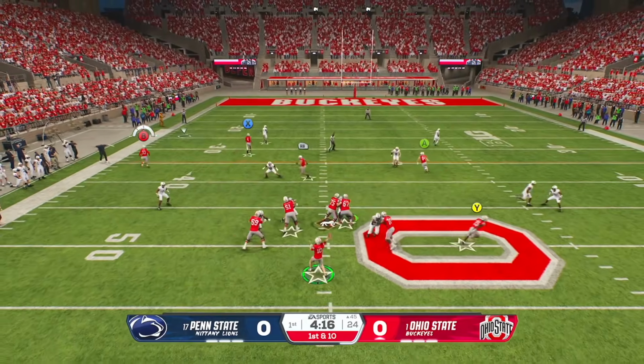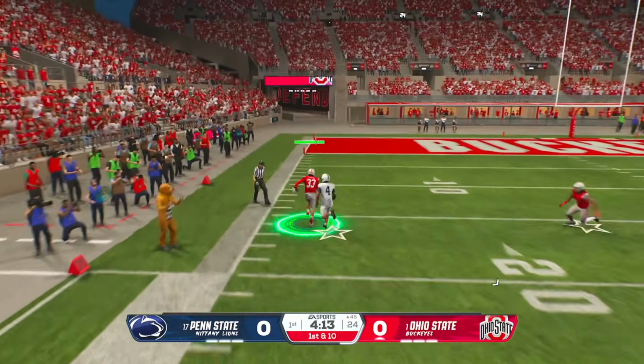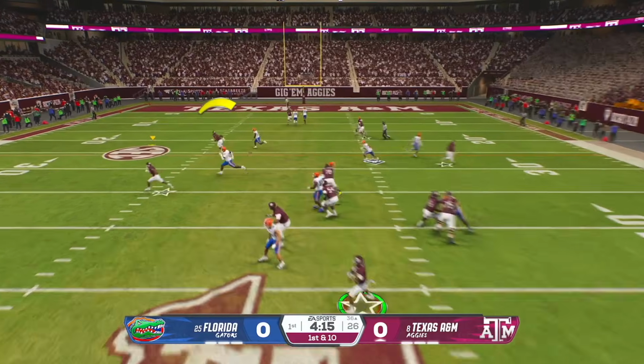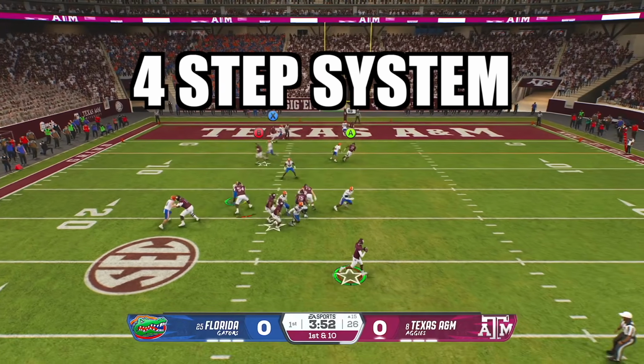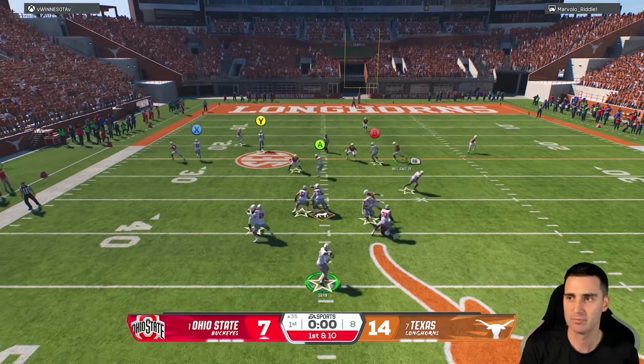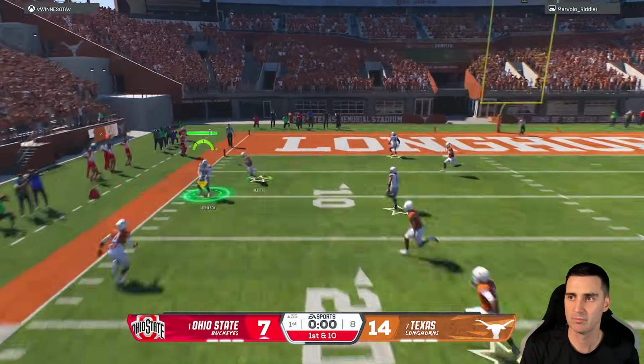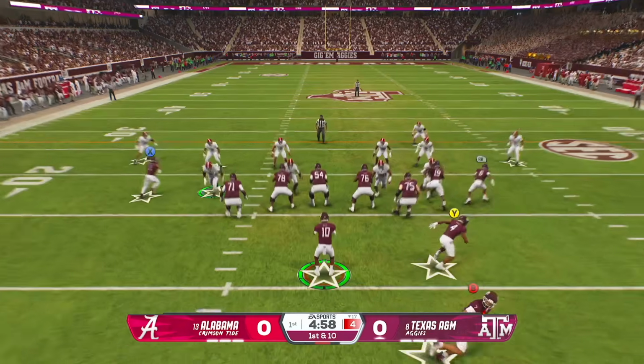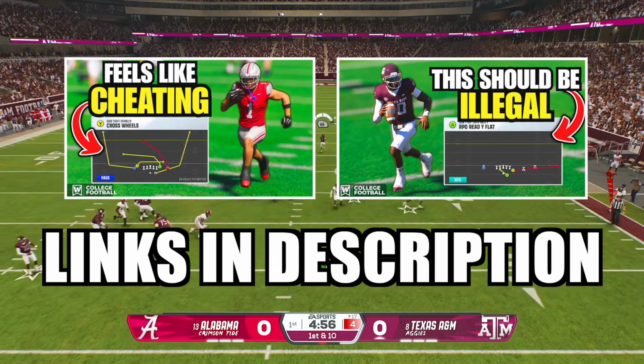What if I told you there's an easy way to identify what coverage your opponent is running before the ball is ever snapped in College Football 27? In this video, I'm going to walk you through the 4-step system that I use to read the defense before every play. Then, I'll take it into an online head-to-head game so you can see exactly how it works against a real opponent. And finally, once you know how to read these defenses, you have to know how to beat them as well. So down below, I've linked multiple other videos on this channel where I show you exactly